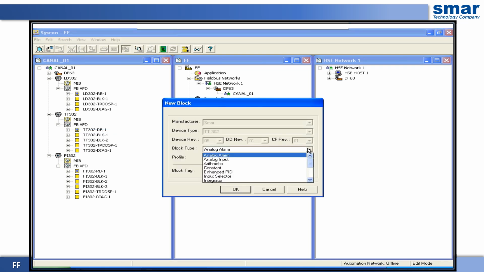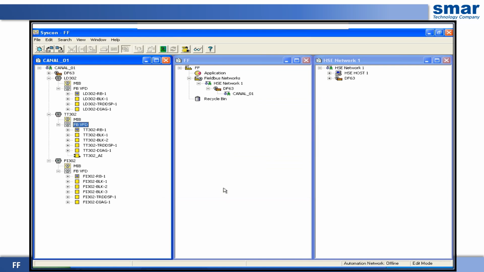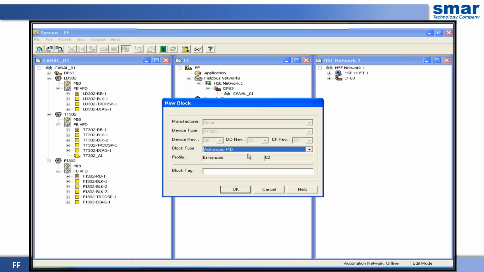Get the TT and create a new block. Let's take the input option in logic. Add a tag. We are going to place TTRAI and confirm it with an OK.